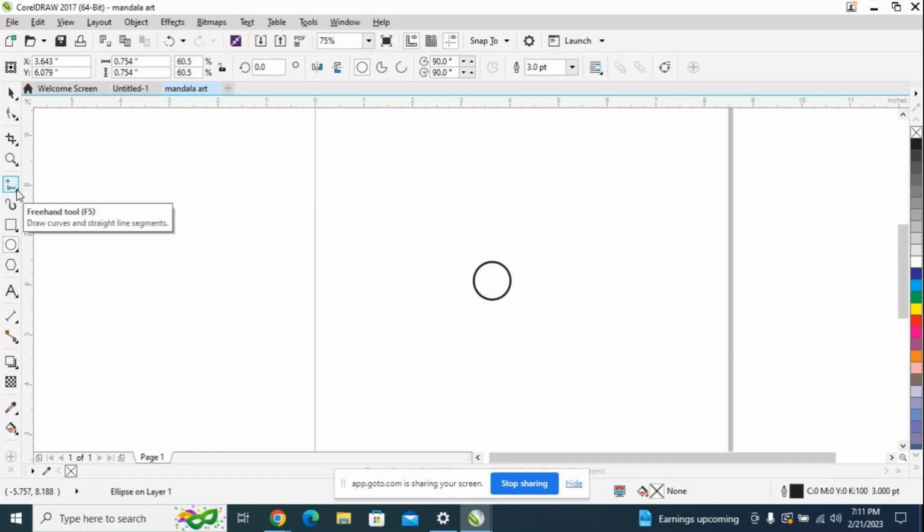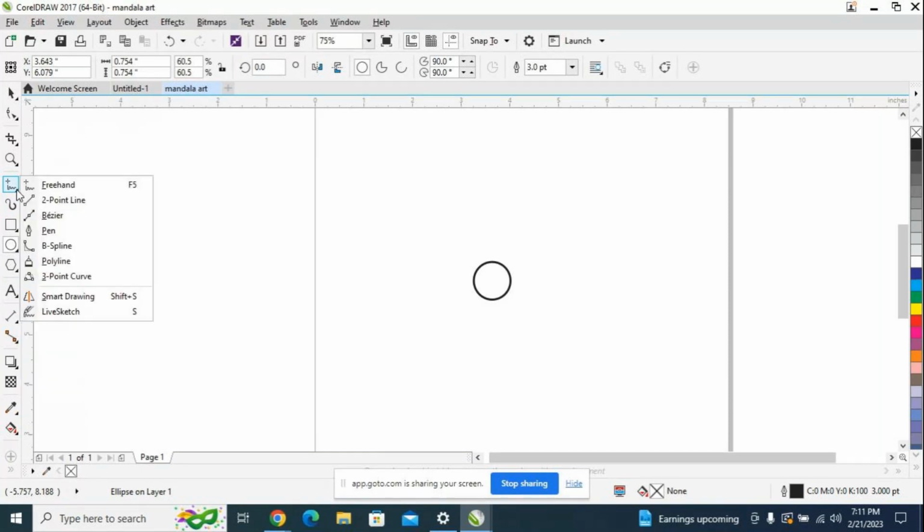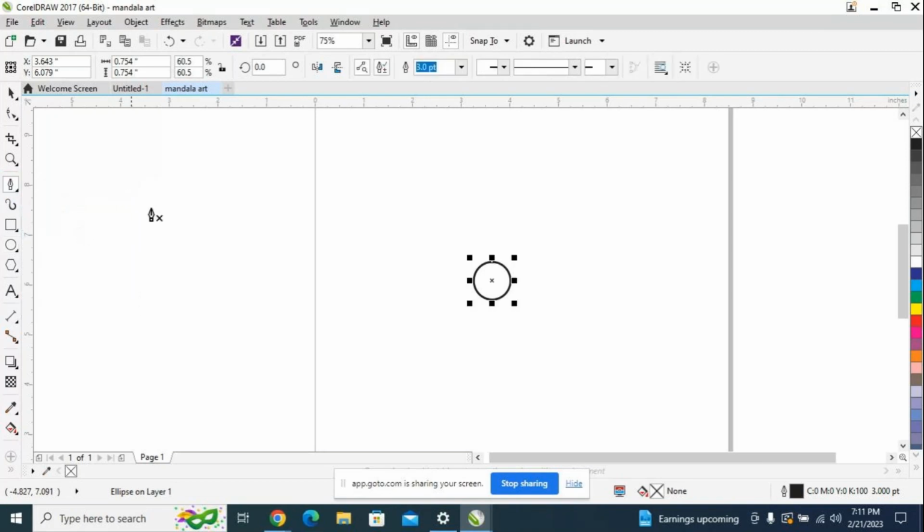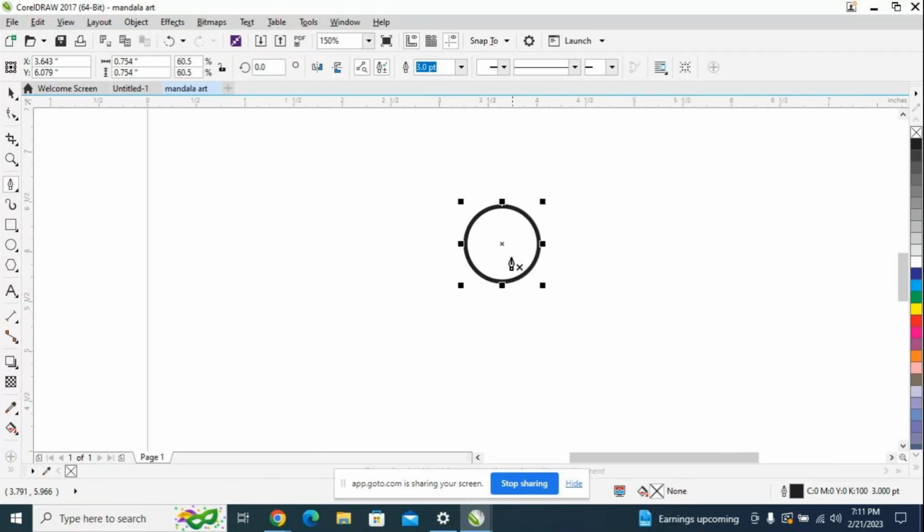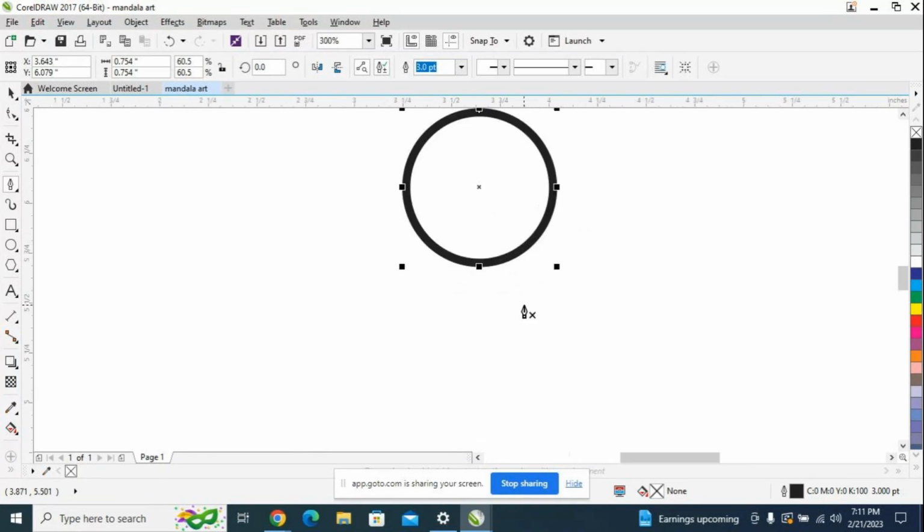And here you'll be having a freehand tool. And if you press on your mouse left side, you'll be getting this option. Here in the freehand tool, in that you will be having a pen tool here. So press that and zoom the workspace. Control plus is zooming, or else with the scroll button you can zoom it like this. Press Control plus